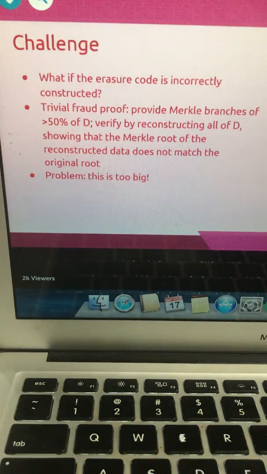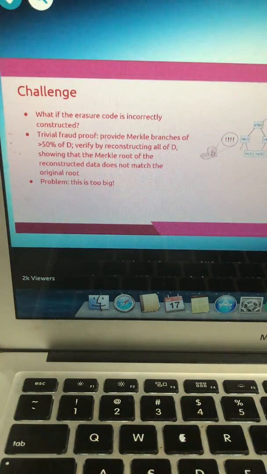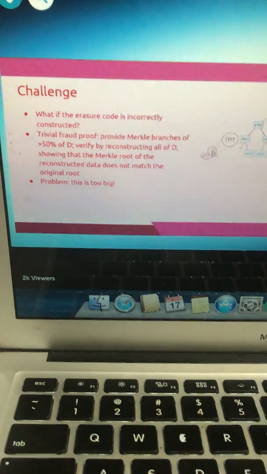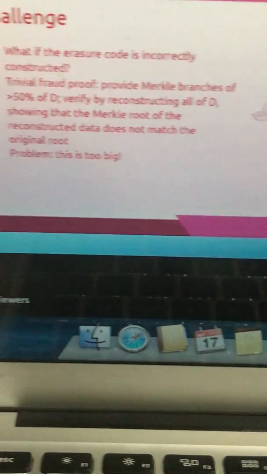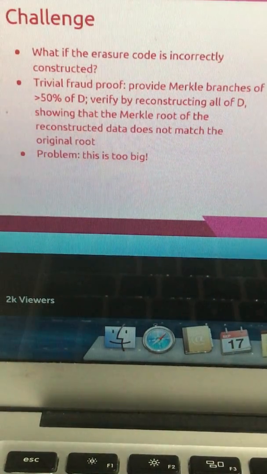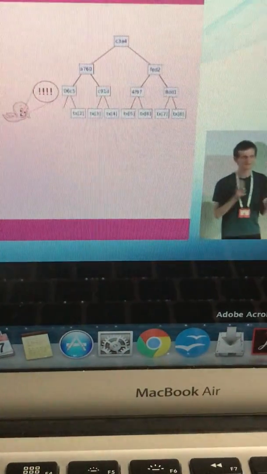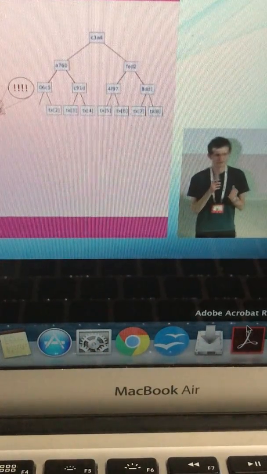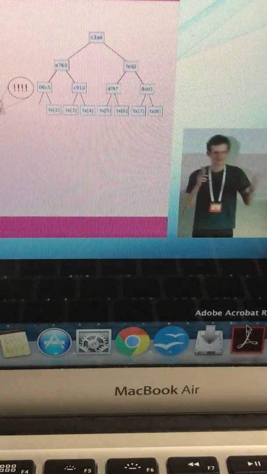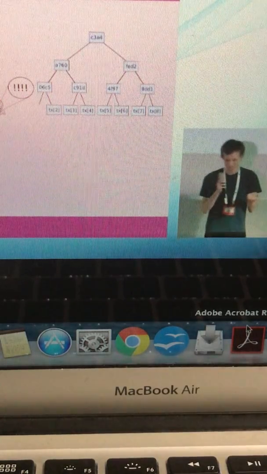And after you've reconstructed all the data, you can basically just make a big, huge fraud proof that just shows, hey, if you take this data and reconstruct it and make a Merkle root of the reconstructed version, the Merkle root is not going to be the same as the Merkle root of the original data, right? So basically, we're just making a big, huge fraud proof containing all the data you have, and verifying it just requires running this entire computation, extending the data, and proving that it's inconsistent.